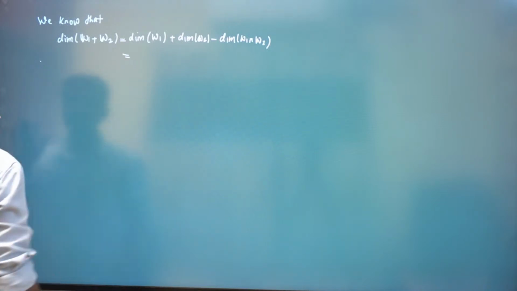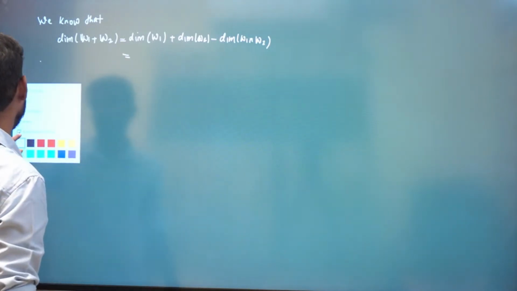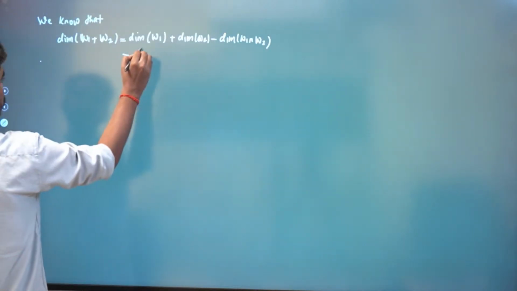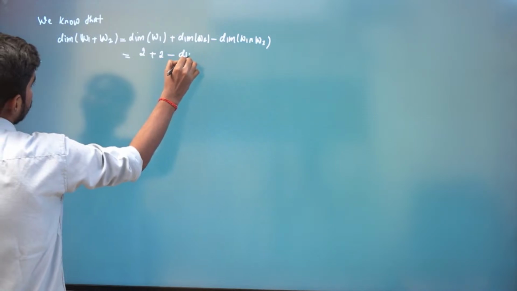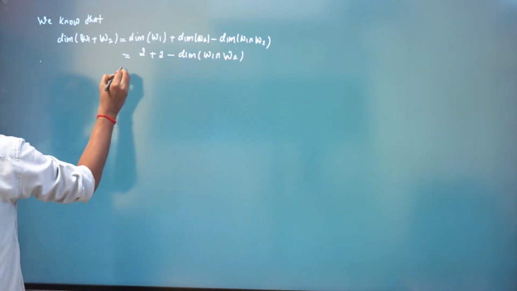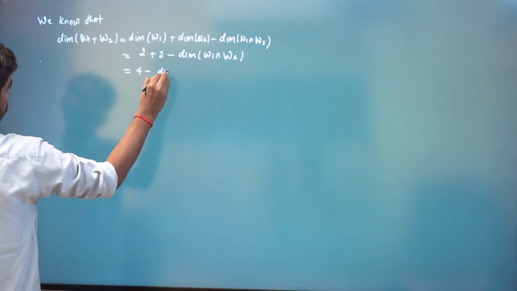The dimension of W1 is 2, W2 is again 2. So 2 plus 2 minus the dimension of W1 intersection W2. So this is 4 minus the dimension of